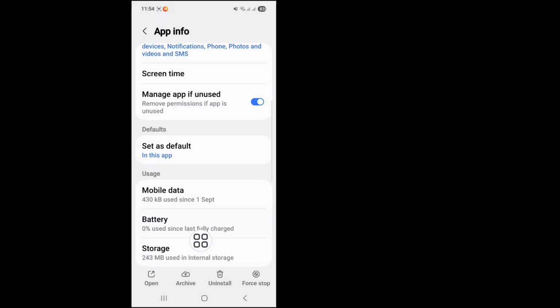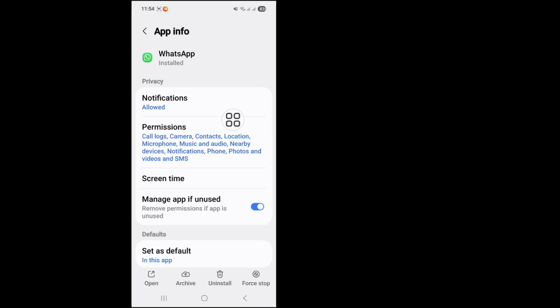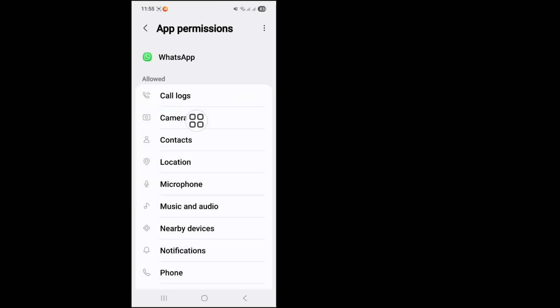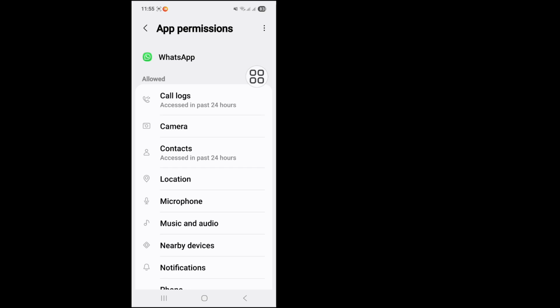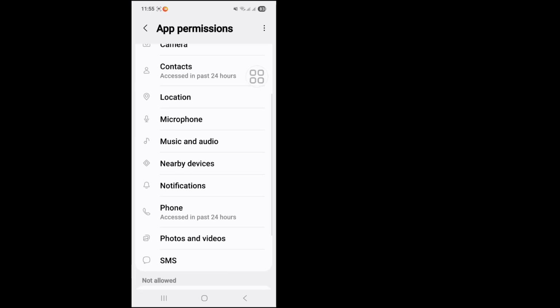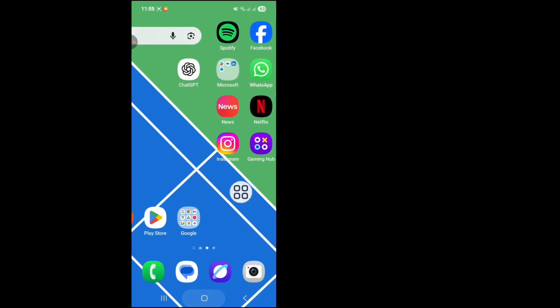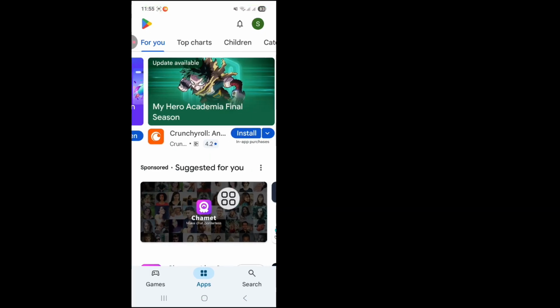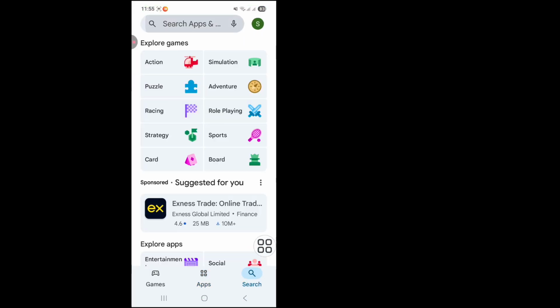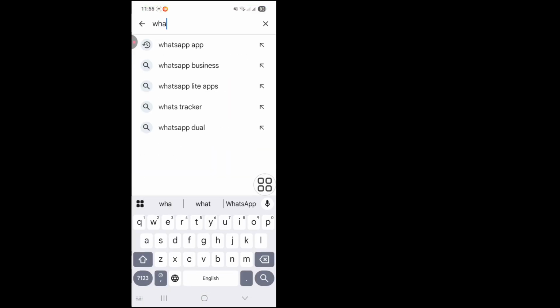Okay, back. And now click on the permission option and allow all permissions: call logs, camera, contacts, location, microphone, music and audio, nearby device, notification, phone, photos and videos, SMS. Allow all permissions. Okay, back and go to your Play Store and now search here for the WhatsApp app and check for an update